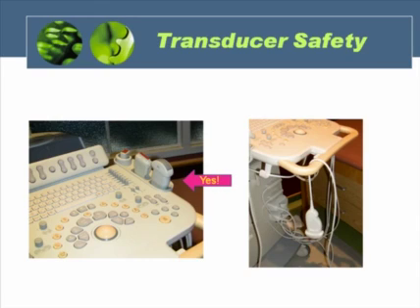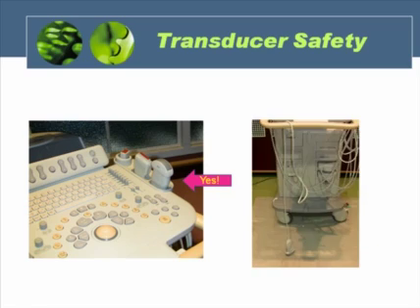Ultrasound transducers have a special holding spot on the machine. The manufacturers put these in because they know that this is the best way to store the transducer safely. Hanging the transducer from the handle is absolutely not recommended. Part of the problem we run into when we do this is that the heavy head of the transducer may come in contact with the floor and damage the transducer. Also, the transducer cord wasn't meant to be bent in that way,